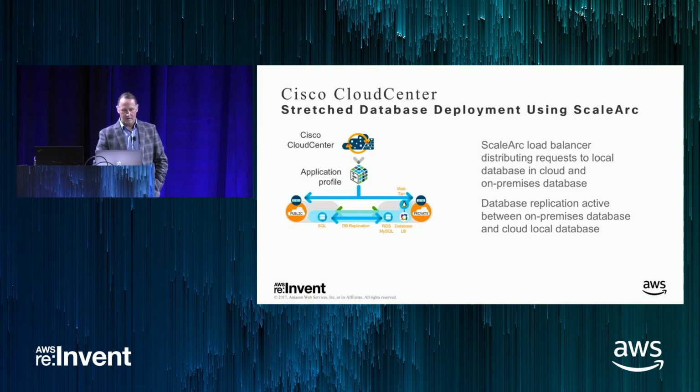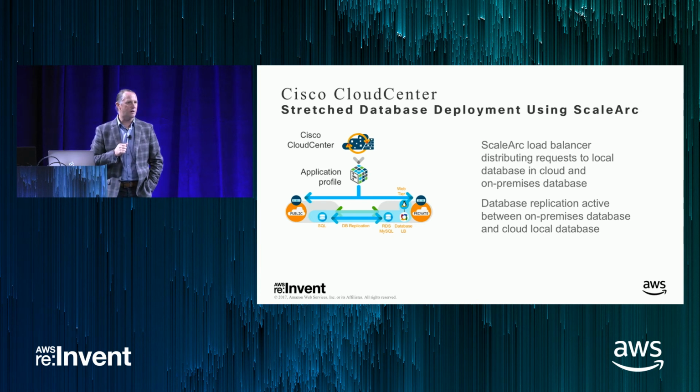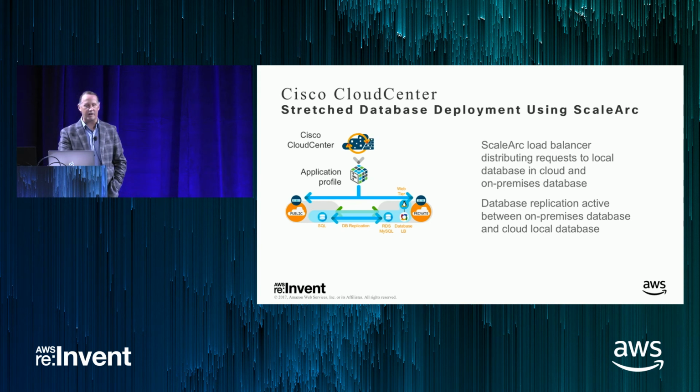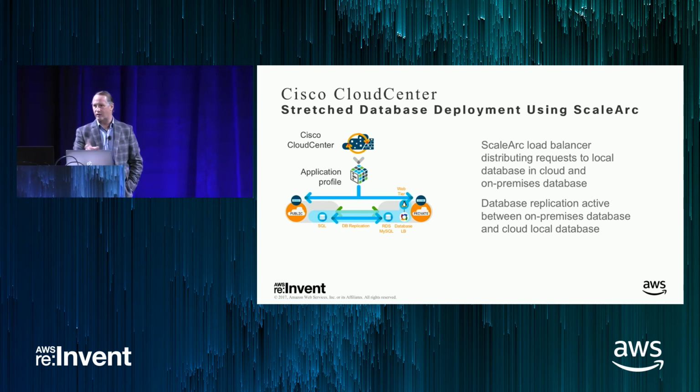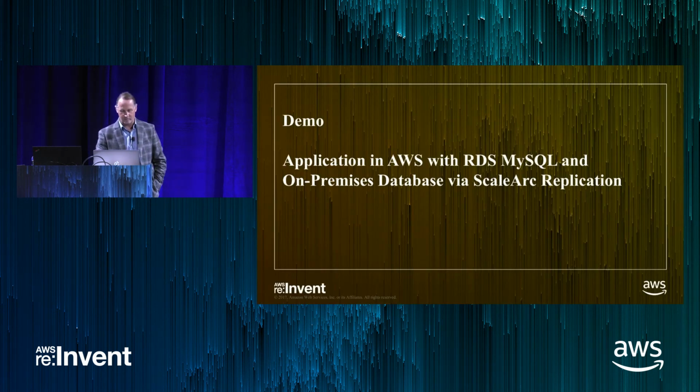Okay? So what else can I do here? ScaleArk's a pretty cool product, and there's other ways that can do this as well. I have MySQL on-premise, but I want to use RDS. Well, RDS has a MySQL option. Can I actually keep my MySQL database, but then also use an Amazon platform service, RDS? You can. There's different products that do this, and they have different capabilities. ScaleArk particularly supports a couple databases, can actually do the transactional syncing between your private build and what is something you're paying Amazon to run well for you.